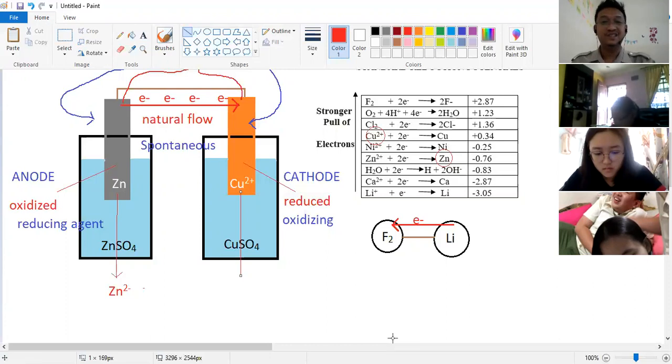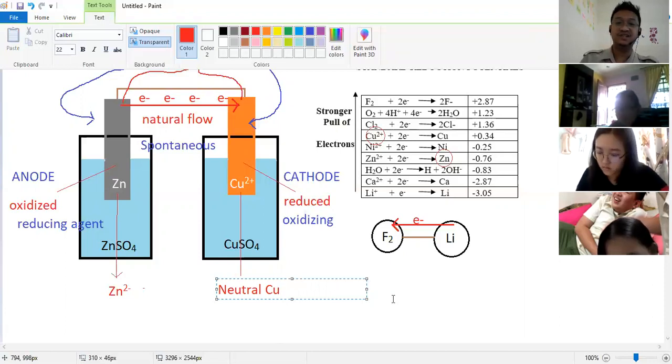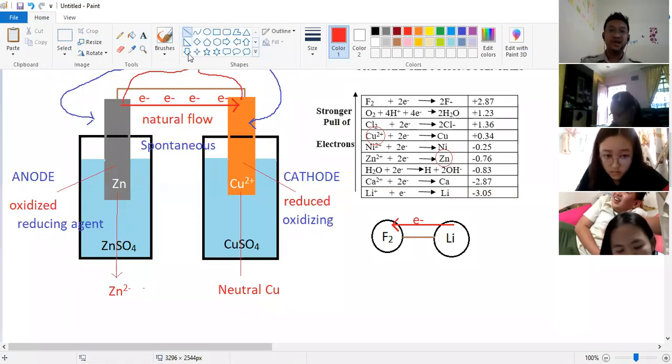So yes, the copper 2 plus becomes neutral copper, or Cu 0, or just Cu. So it means there is a chemical reaction that takes place,